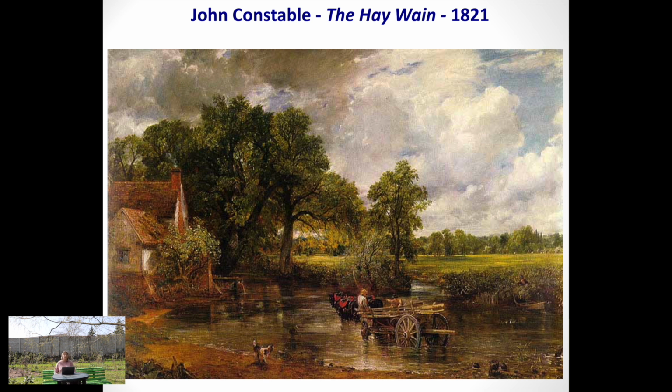Probably the most famous of these paintings showing his homeland in Suffolk is called the Hay Wain. The Hay Wain is this horse-drawn cart used for collecting hay from the meadow. And here we have an empty hay wain crossing a ford in a river, so a kind of shallow place in the river, near the place where Constable was born. So it's a beautiful day, and people are working the fields, and basically everything is as it should be.